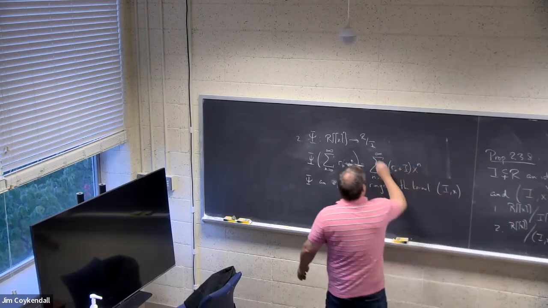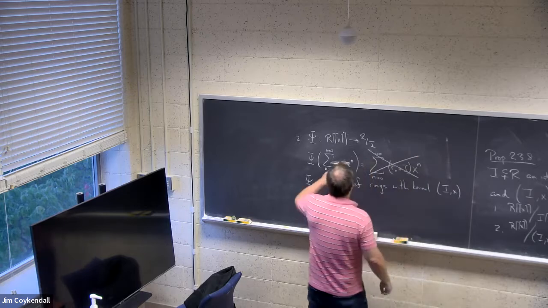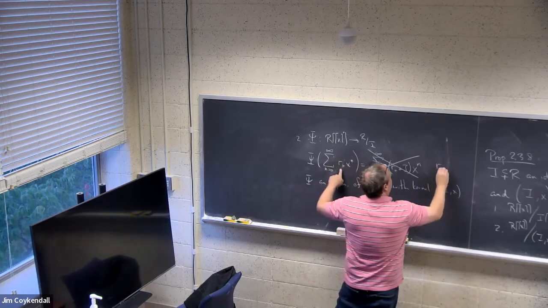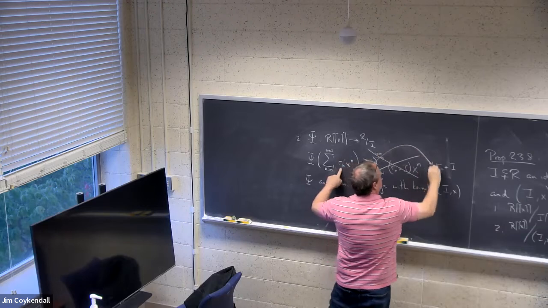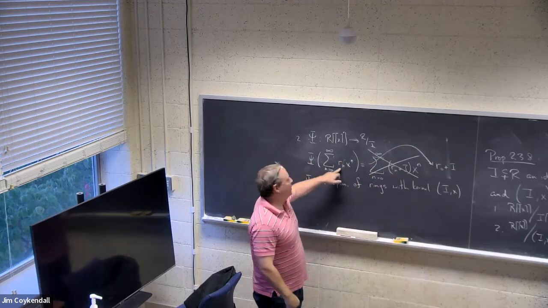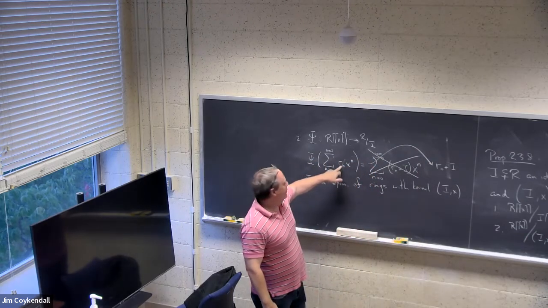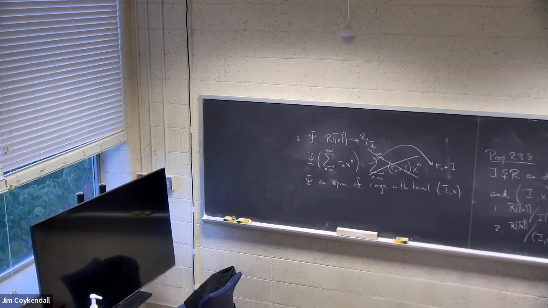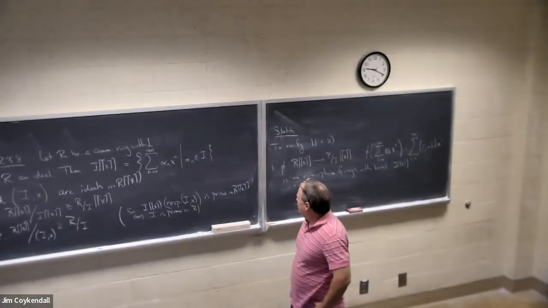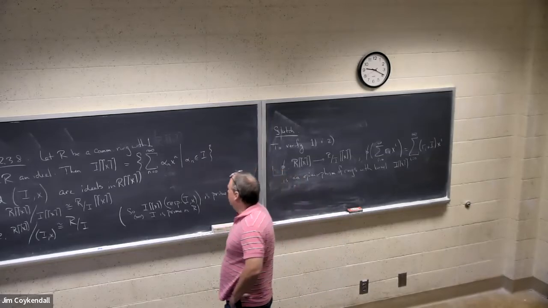my bad. Of course, this should be R[[X]] times I. So what this does is it reads the constant term and just takes its coset represented by I. This last remark here: